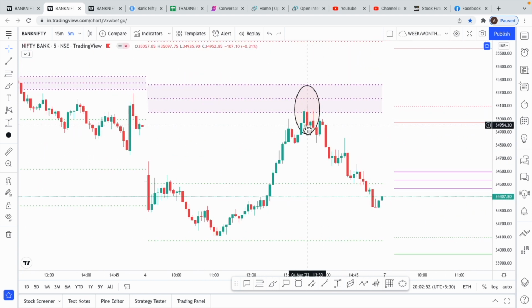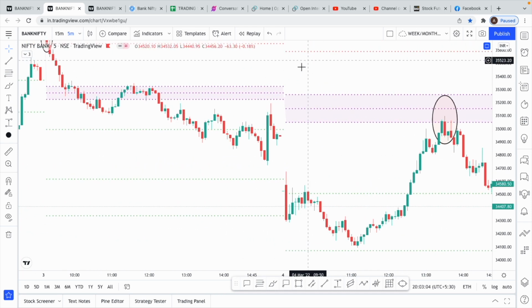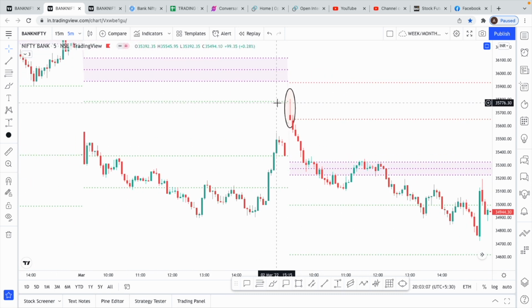Then after that, at this resistance, we got this nice inverted hammer, and then see how the market fell. All the examples I've marked: this was a classic inverted hammer, a bearish candlestick pattern. This was a resistance, and I'm showing this on a 5-minute chart. Before this, you would have seen a video on what is TradingView, investing and the different time frames. So on this 5-minute chart we had a resistance here and a beautiful inverted hammer,